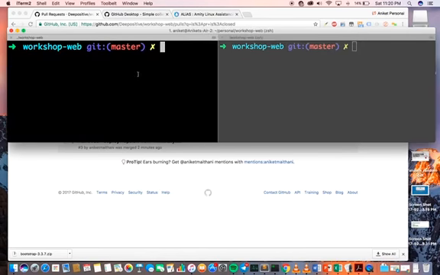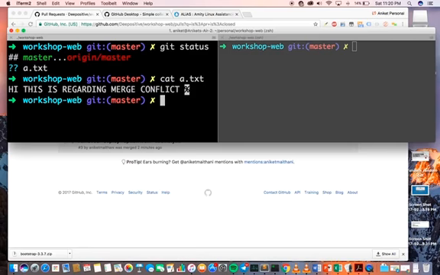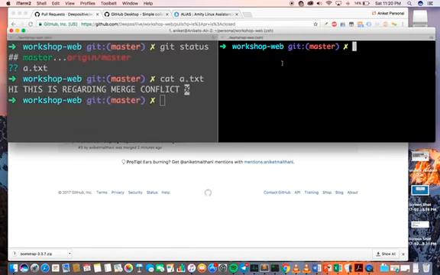Right, so we have a file over here, a.txt, right? So what I'll do is let's say I do this. So it has the following content. Hi, this is regarding merge conflict. Now I will write the same thing onto